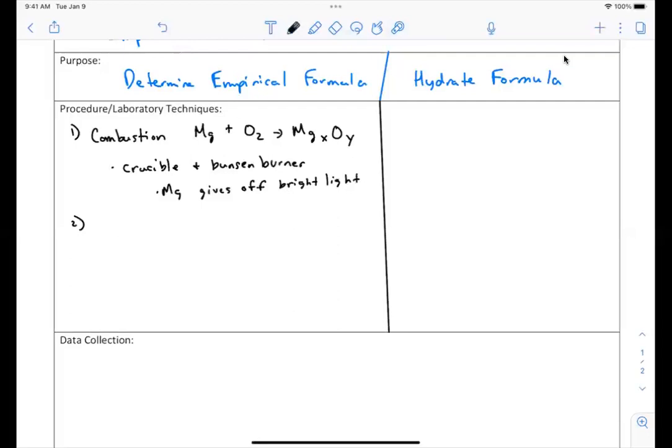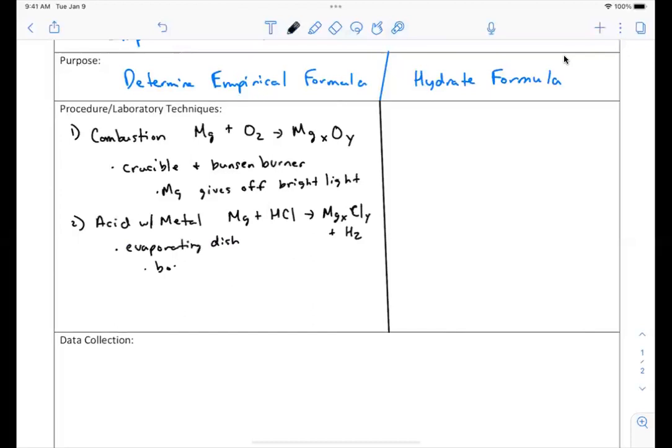Another technique is, for example, you could react an acid with a metal to form some unknown compound and hydrogen gas as well. When you're doing this, though, you're going to be using an evaporating dish to boil off the water